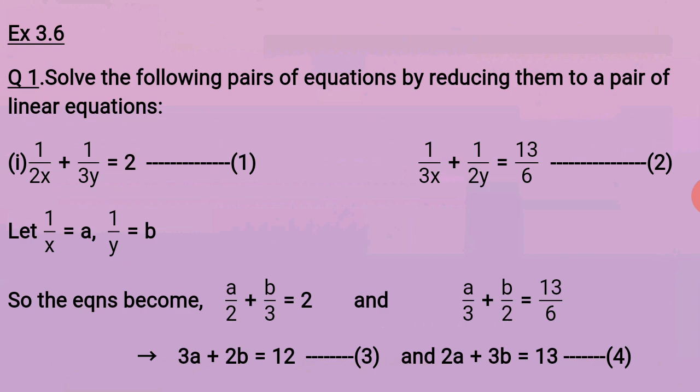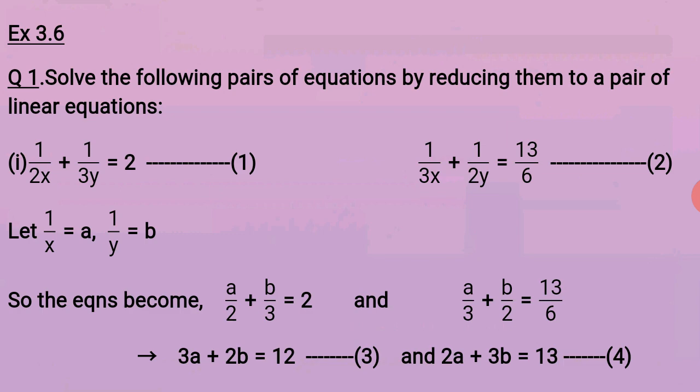What is the degree of x and what is the degree of y? If you think of the degrees in both the cases, it is minus 1 because x and y are in the denominator. And this is the reason we cannot call it directly a linear equation, because for a linear equation the degree must be 1.